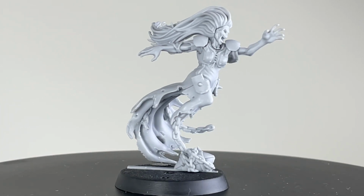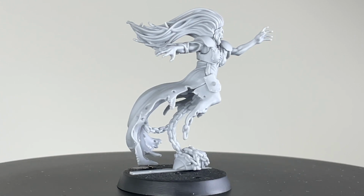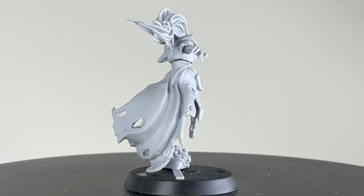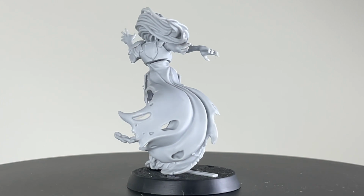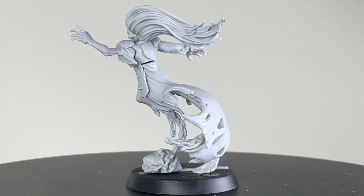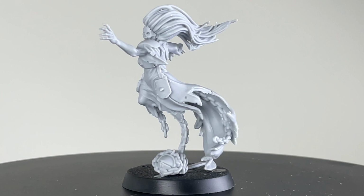Hope you enjoyed this quick unboxing and a little bit of an explanation about how she'll play in the game. I enjoyed making it, and I have to say Blood Bowl is currently my number one game. It's just so full of character and it's very tactical. Although I can't get a physical game of Blood Bowl, I'm playing the computer game a lot, but I'm absolutely champing at the bit to get back to the gaming club and take a few of my teams and challenge a few people. I'd love to get a league together, as I always say, so we'll see if that's possible